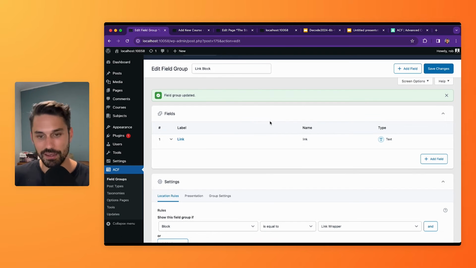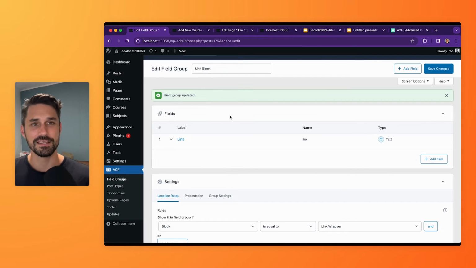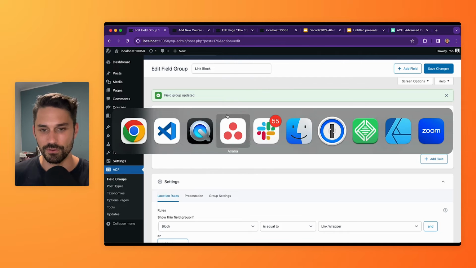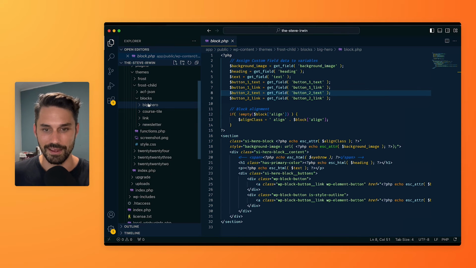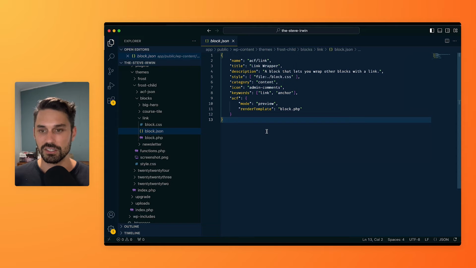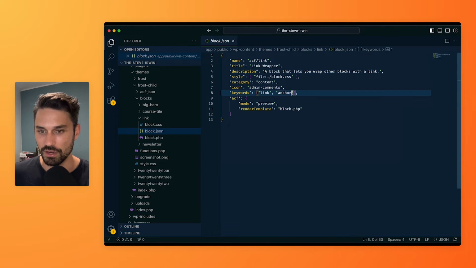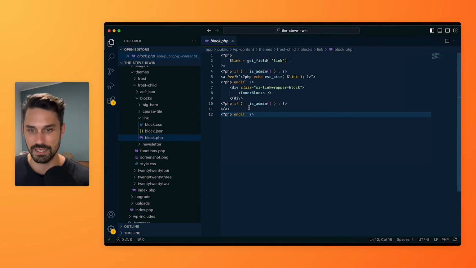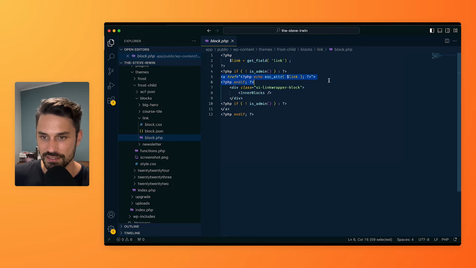Nice and simple. And assuming that I've gone through all the setup steps around registering and folders and files and everything that I showcased before, let's just have a little look at our template files for this. So first of all, let's look at the JSON. Nothing crazy here, just the basics. The description is probably the most interesting thing, really. So it's easy to understand what this particular block does, and the keywords, things like that. Looking at the template file, really, really simple. The main part really is just an anchor